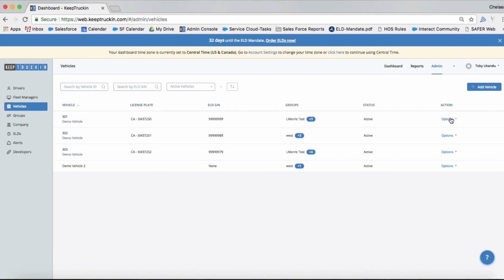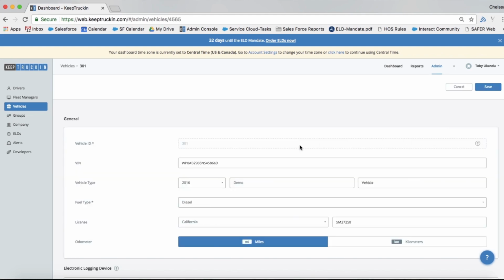First, we're going to go ahead and look into our options to see what we can do for vehicles. So again, you can go in and edit your vehicle information if needed. You can edit your groups. You can view the vehicle profile, or you can deactivate the vehicle. It's pretty much the same as the driver options that we went through already, but I'm just going to go into edit vehicle really quick and show